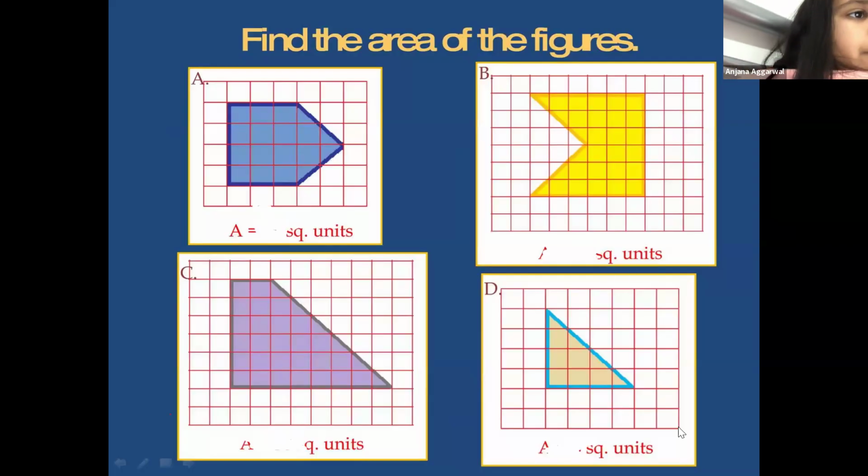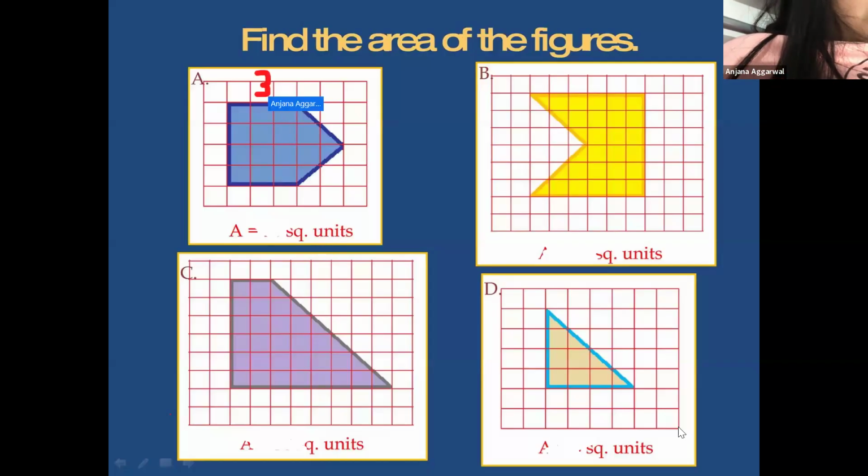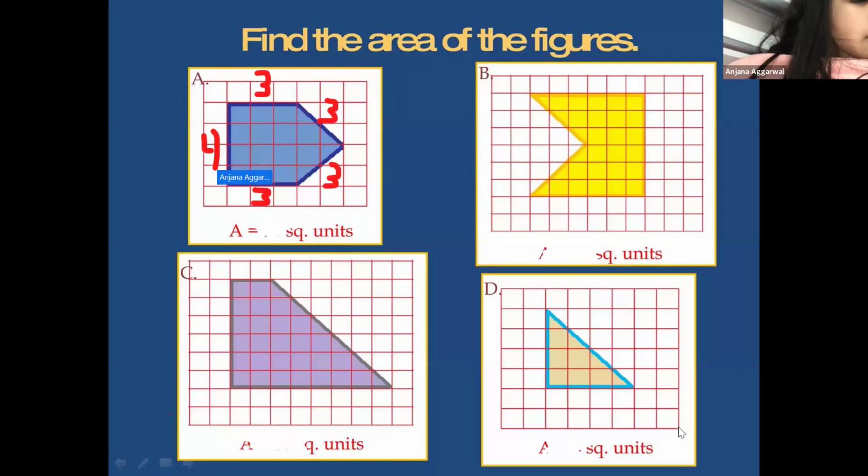Basically, how I would do it, since I know that 1 square is 1 centimeter, this is 3. This is also 3. This is also 3. This is still 3. And this is 4. To find the area now,